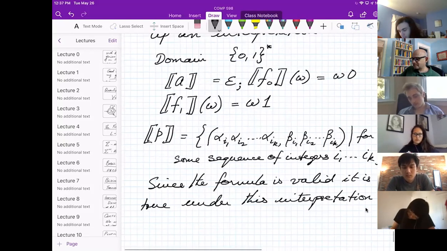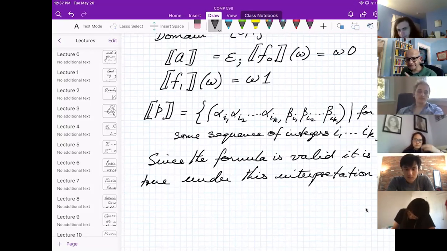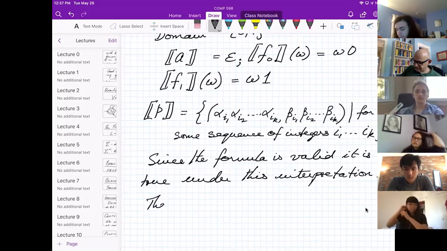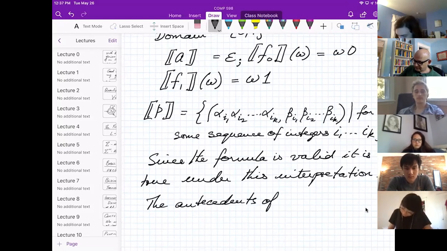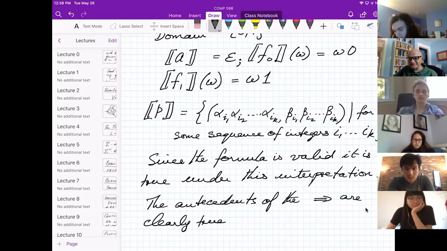Okay. Now, of course, what is this formula? It has the structure of an implication. The antecedents of the implication are clearly true. I mean, if you look at how P got interpreted, and then you look back at what was being said in that antecedent, it's exactly saying, hey, the things in P are like this.